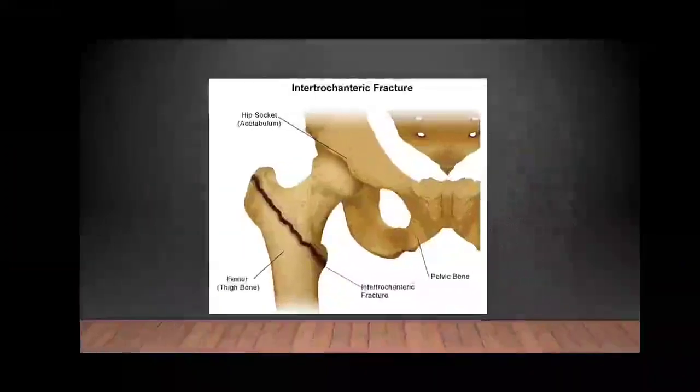So this intertrochanteric line is usually the fracture line. This is the line where the capsule gets attached. Because of the overwhelming forces of the muscle at the greater trochanter and lesser trochanter, as well as the force acting due to the fall, there would be breaking of the weakest link, which is the position of the intertrochanteric fracture.